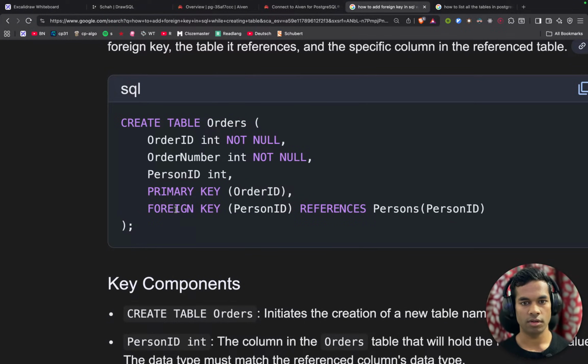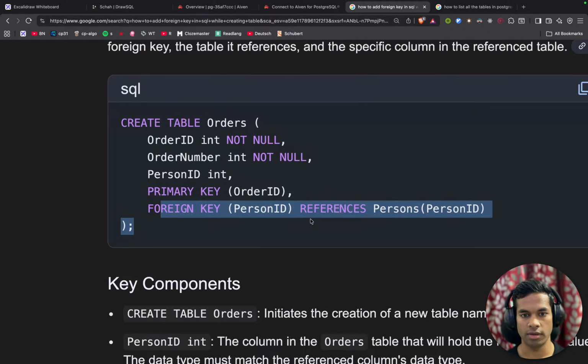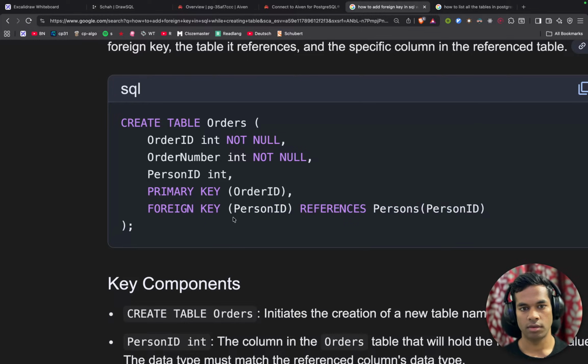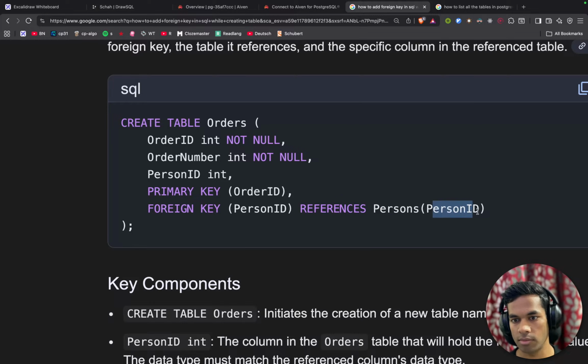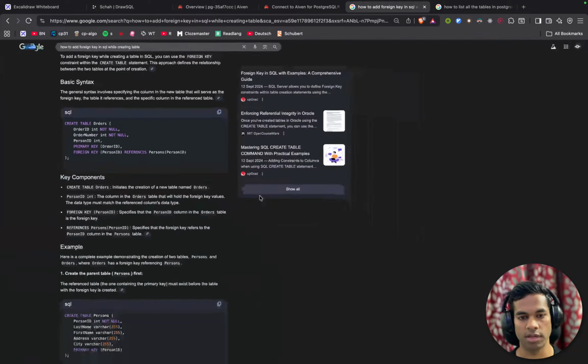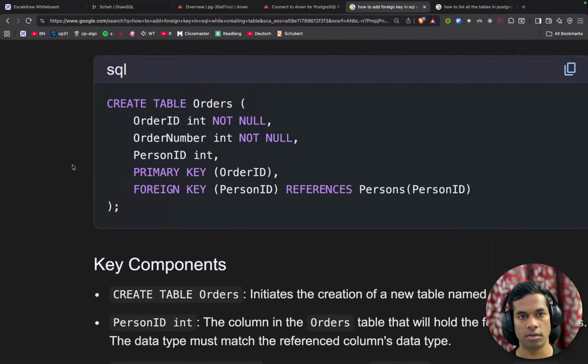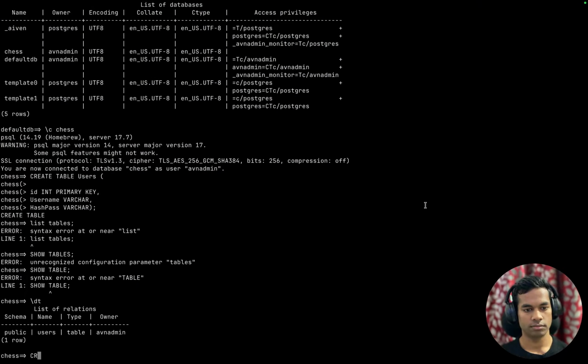Primary key is this, and foreign key, person ID is a foreign key which references the persons table, person ID, something like this. Okay, create table,